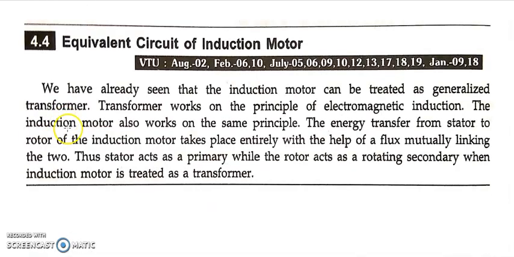Keep it. The next topic we shall see is the equivalent circuit of an induction motor. The equivalent circuit of an induction motor is very similar to that of a transformer. In a transformer we have primary and secondary; the primary is connected to the supply, whereas the secondary is connected to a certain load. Here also we have two things, the stator and the rotor. You can consider the stator as primary and the rotor as secondary. Electrical input is given to the stator, and the rotor gives a mechanical output. A mechanical load can be connected to the rotor, whereas in the transformer an electrical load is connected. That is the one difference.